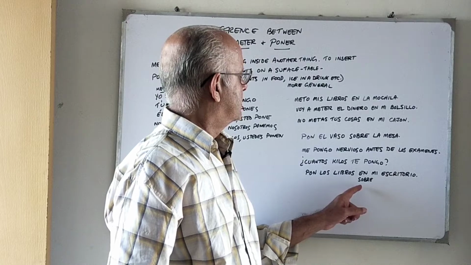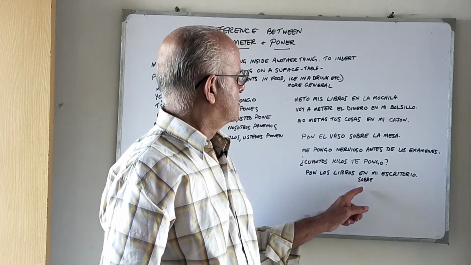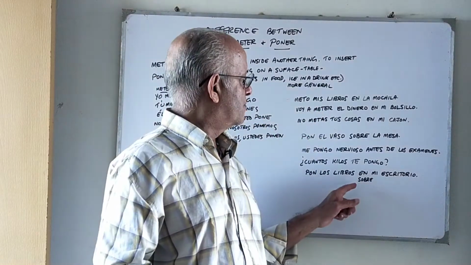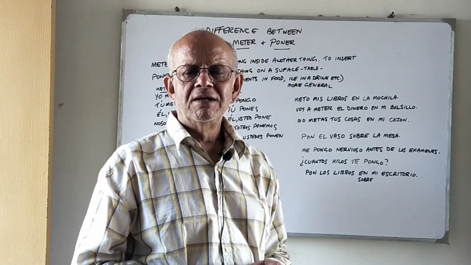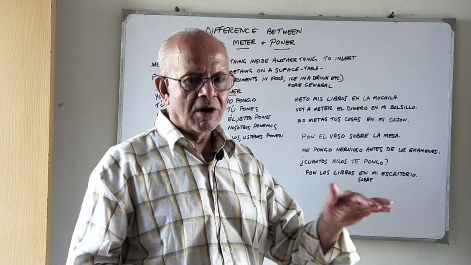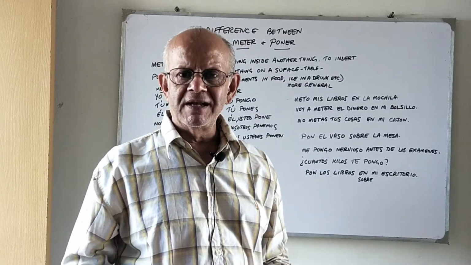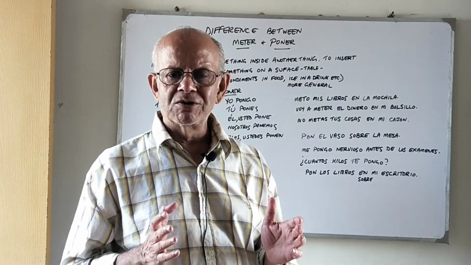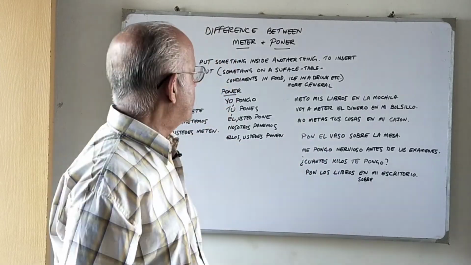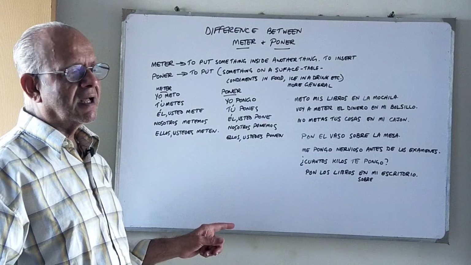Escritorio means desk. Libros are books. Sobre means on. Again, sobre has various meanings. I think we've done a class on sobre. Sobre can mean apart from on. Sobre means about as well. Sobre can mean an envelope also. It's a noun also. My friends, so this was our short class of today,